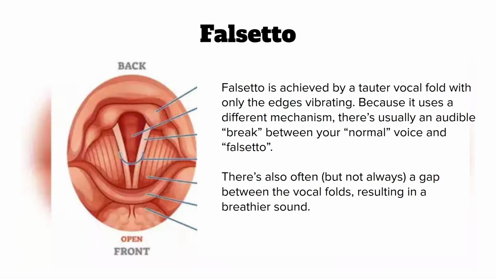Falsetto, that voice, right, is achieved by creating a tauter vocal fold and only the edges vibrate. Because it uses a different mechanism, there's often a break from your normal voice into your falsetto. So if I cascade down, and you heard that break across my falsetto, that's because